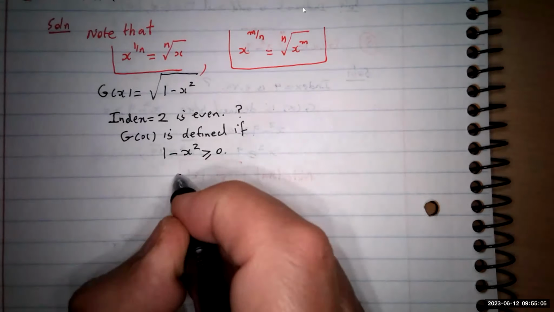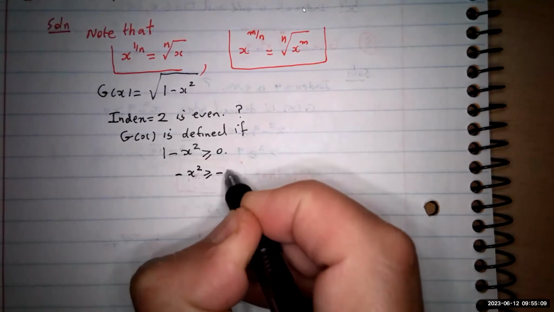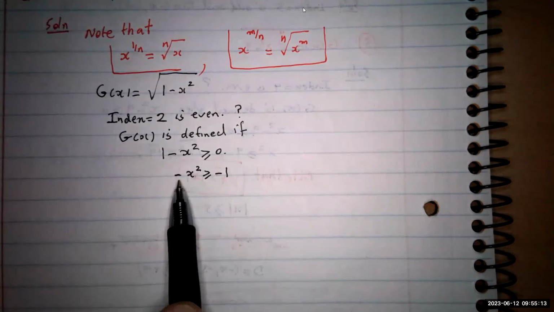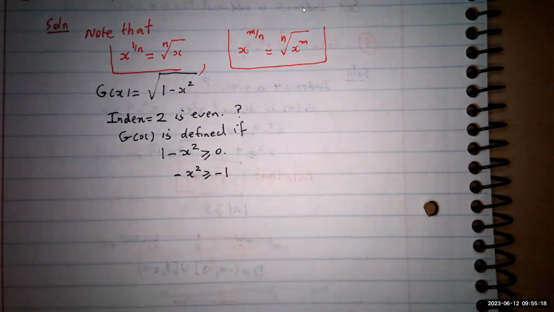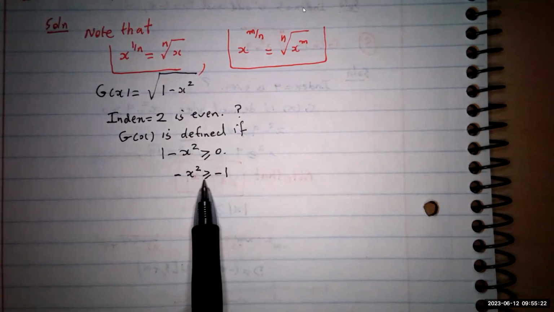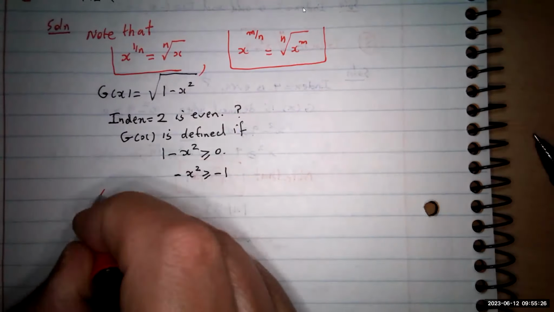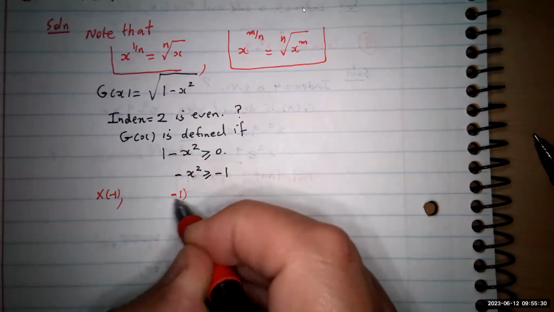So I'm going to keep the negative x squared. I move the 1 to the other side. I have an extra job. This is negative, so I want to multiply both sides by a negative number. You know that if you multiply by a negative number, you have to reverse the sign of the inequality. So what I do, I'm going to multiply both sides by -1. I just explained it. So I have a -1 times